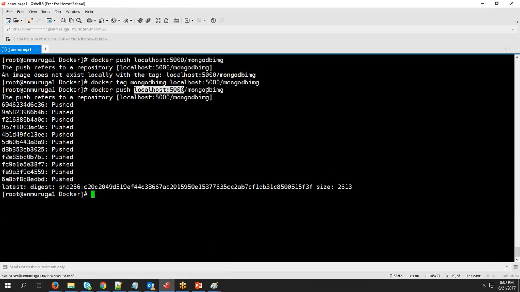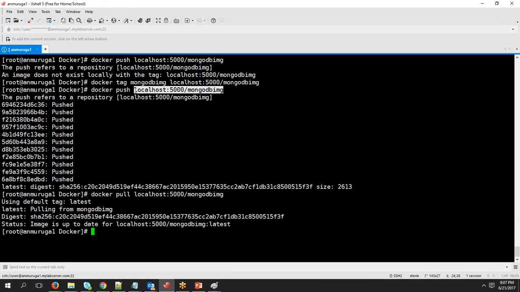And if any other user now wants to use this image, once again the first thing that he will do is a docker pull and the name of the image. Okay, so as of now we have everything. Suppose it is a new machine on which you do not have an image, the first thing you will do is manually do a docker pull of that specific image from a registry which is private to us. So the registry which is running inside this machine on a container is private. So only within the network of our company we will be able to access this Docker registry,